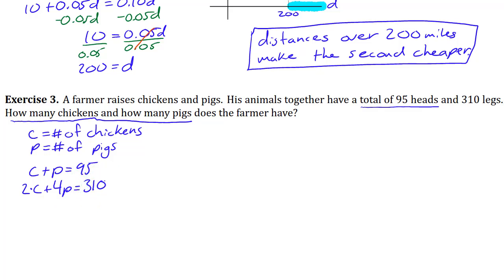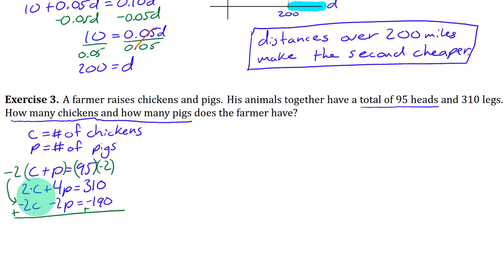So these are the equations we can use. I want to solve this with elimination. Let's say I want to cancel out the 2C here. So I can do that by multiplying both sides of this by -2. That's going to leave you with this new equation, -2C. Distribute the -2 in there, gives you -2P equals -190. And then if you add these together,